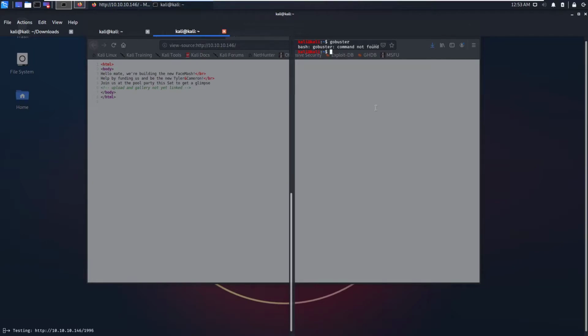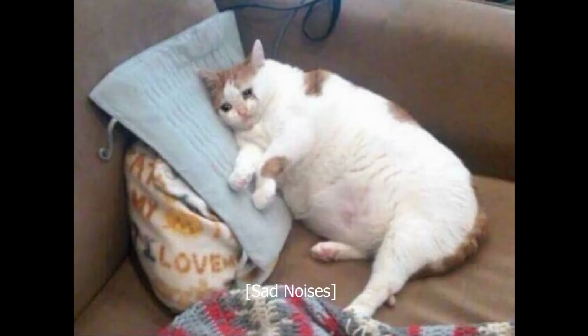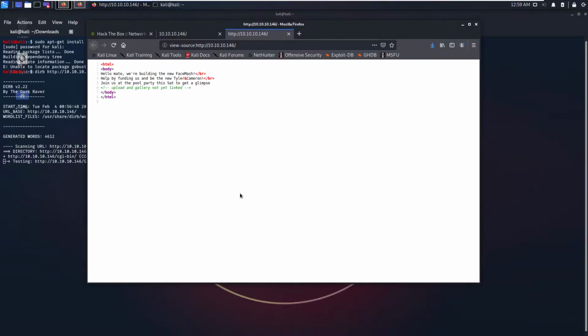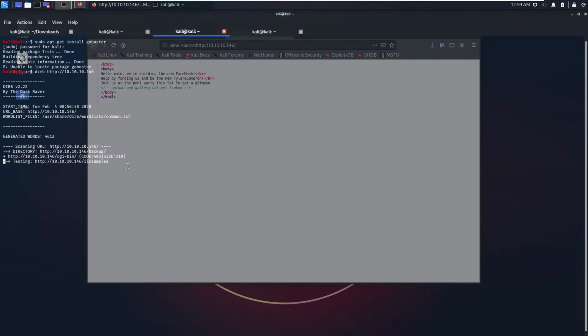So GoBuster is not installed by default on Kali systems, so that means we will have to get it. But to use apt-get, we're going to have to use sudo permissions. So we're going to sudo apt-get install gobuster. So I got to enter our password for sudo. Well, after looking around for a bit, looks like they ended support for GoBuster in the new Kali. News to me. So we're just going to go ahead and keep running our dirb and hope that pans